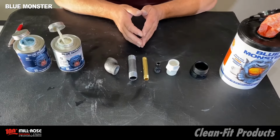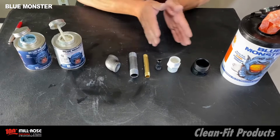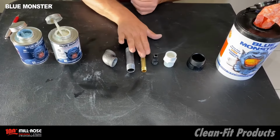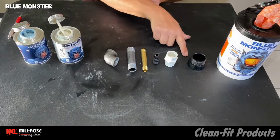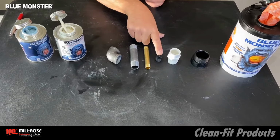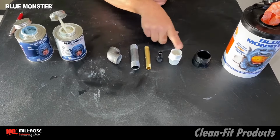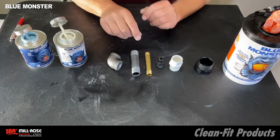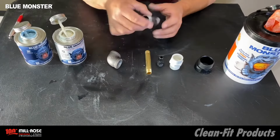Now it's time for the demo. Blue Monster industrial grade thread sealants work with all types of metals and plastics. Just to name a few: malleable iron, steel, bronze. I have three variations of plastic: polysulfone in this plastic PEX fitting, I got PVC, and I have ABS. There are much more. This video is going to focus on applying thread sealant to a male thread, but before